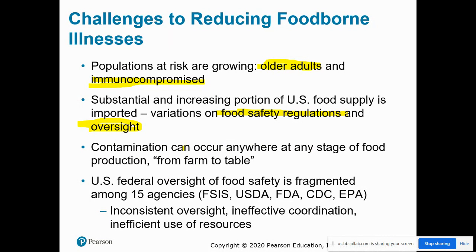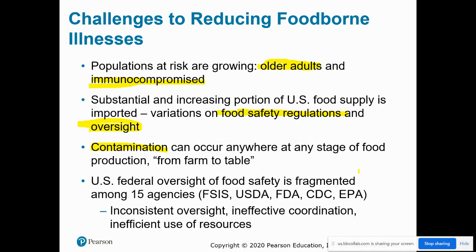And then again, we have a pretty, I would say, elaborate and extensive food system at this point. So it's no longer quite as simple as just pulling it out of the garden and putting it in the kitchen or putting it on the plate. A lot of times we really are talking about several different steps of harvesting, processing, packaging, distributing, transporting. So there are numerous, I would say even close to a dozen different steps in food production these days. And so it's really at any of those stages that contamination can occur.